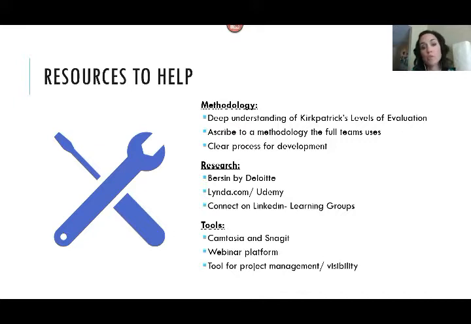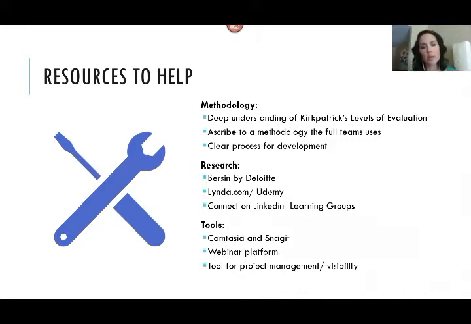My teams have always used in the past Lynda.com or Udemy. Lynda.com is now LinkedIn Learning, but those are really inexpensive. Udemy has free training that you can access. Keep your learning skills up as well. So you want to make sure that you're not forgetting about your own development and your team's development, and that you guys are constantly pushing forward and understanding the things that can make you better.